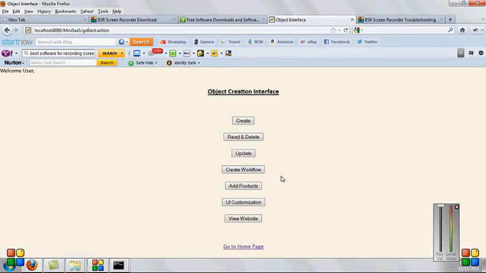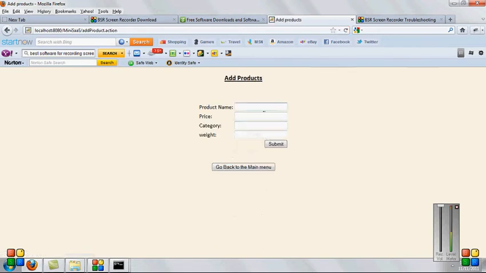Getting back to the main page, adding some products, say laptop and computers. The price is, say, and we can enter the category.